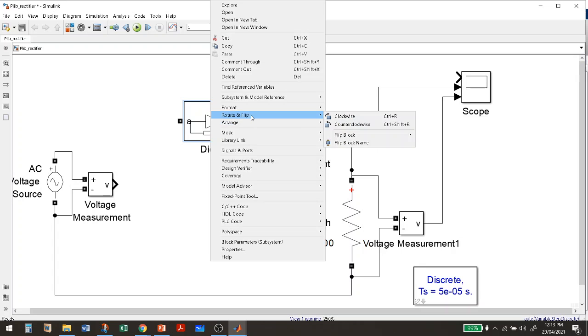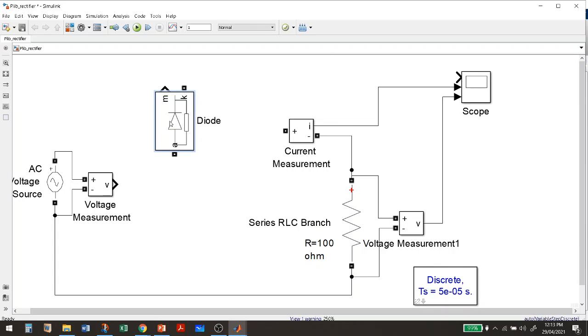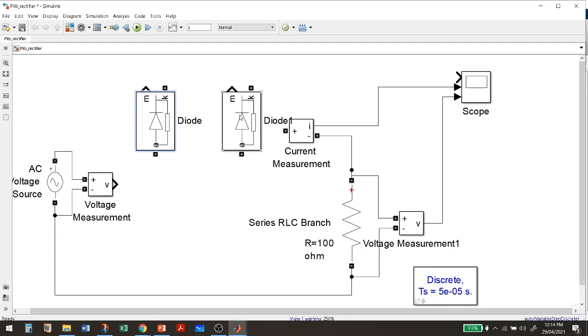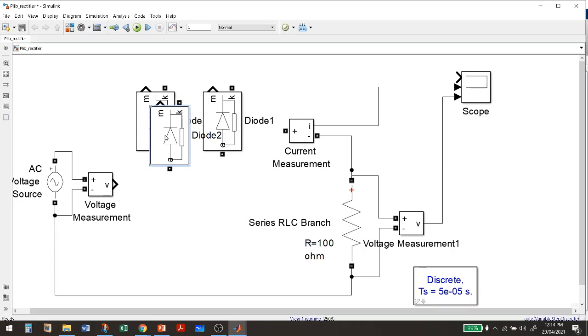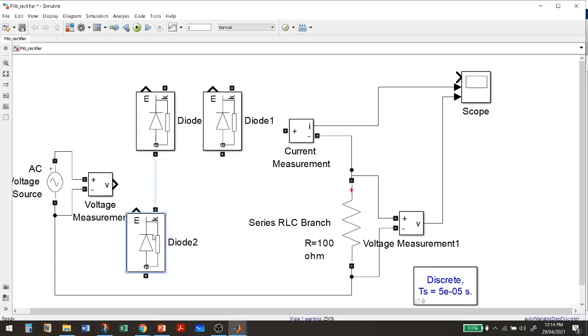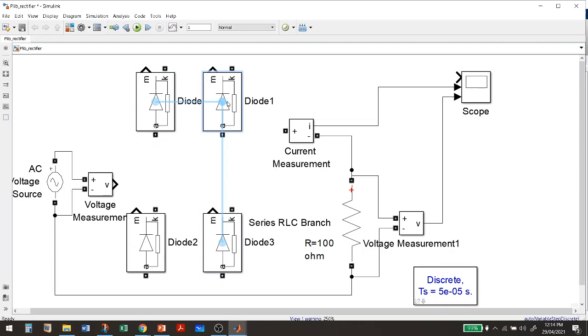Rotate counterclockwise, then just copy it, Control C, Control V, and Control V again. Okay, 2 diodes I have connected.